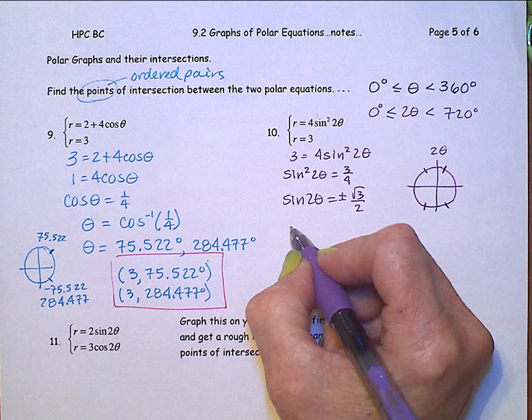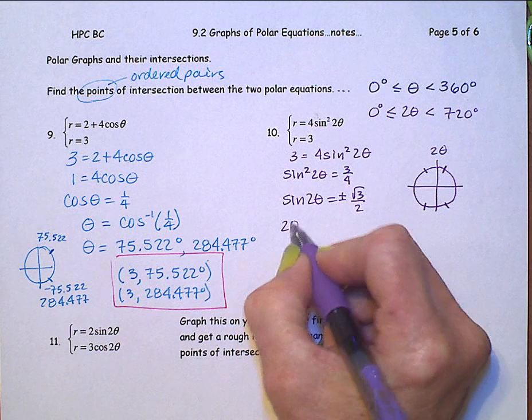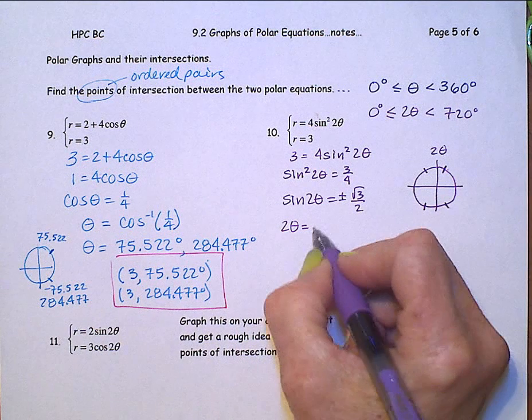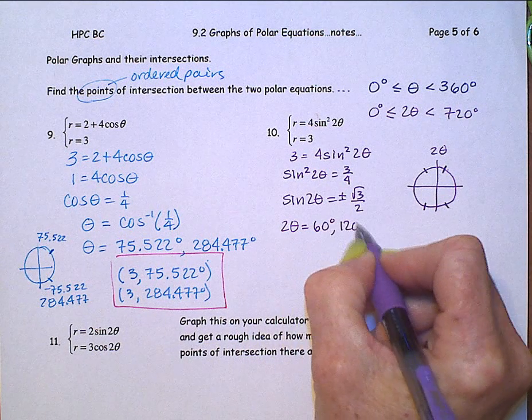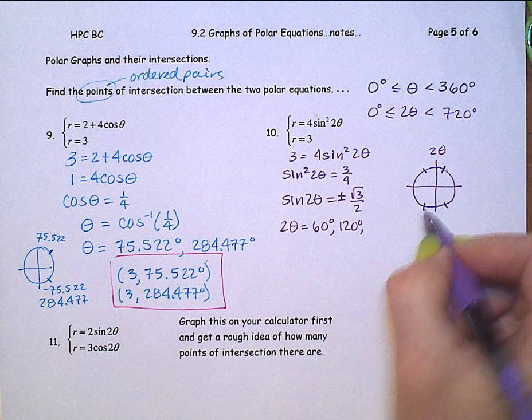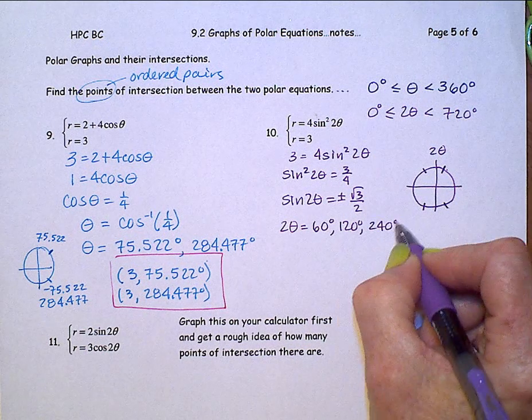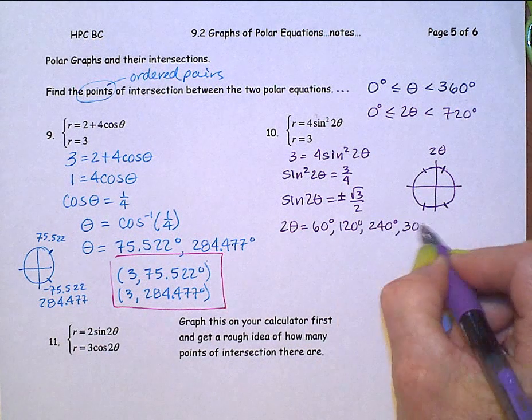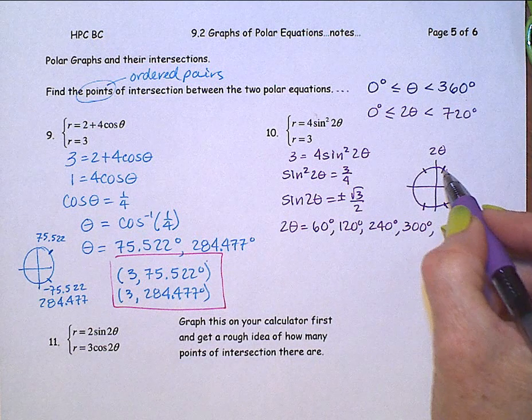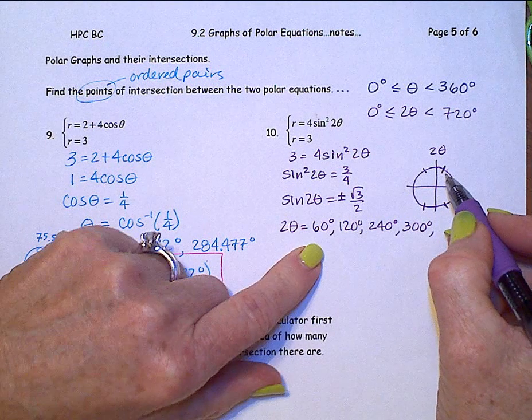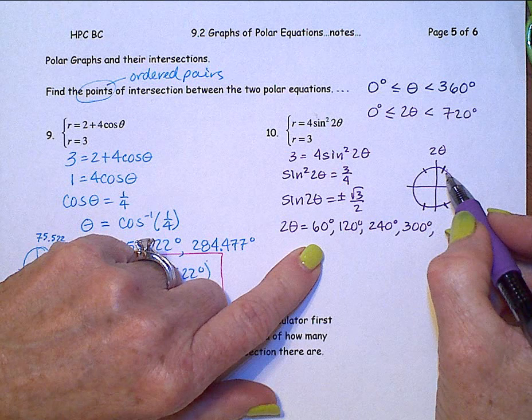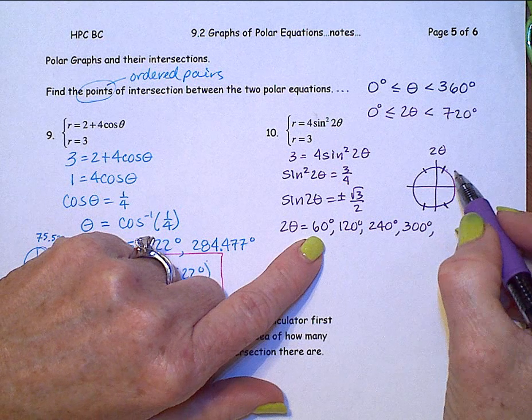I'm just going to start listing these off. 2 theta then was the first one: 60, 120, 240, 300, and then this 60 plus 360, which is 420,